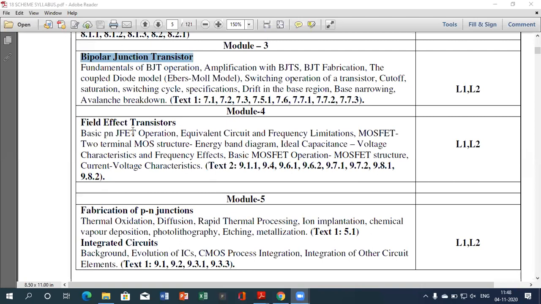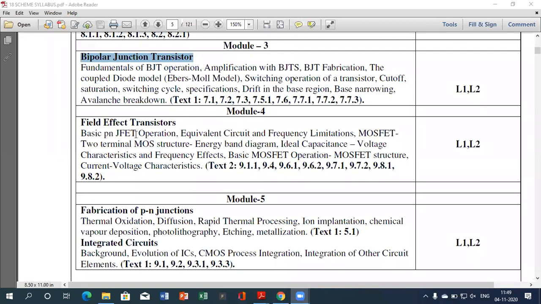Comparing cost and speed also, FETs are much faster than BJT because FETs are unipolar charge carrier devices, meaning either holes or electrons are used for the flow of current, whereas BJT uses two charge carriers, that is holes and electrons. That's why FETs have more advantages than BJT. But BJTs are also preferred in some particular applications where quality is required and the cost does not matter. In that case, BJTs are used.